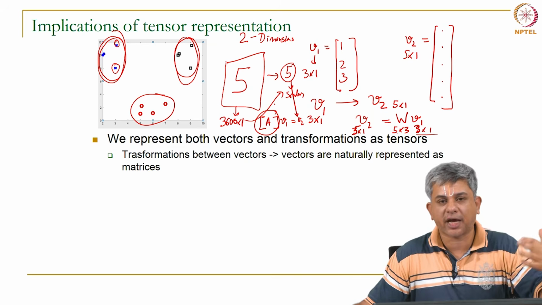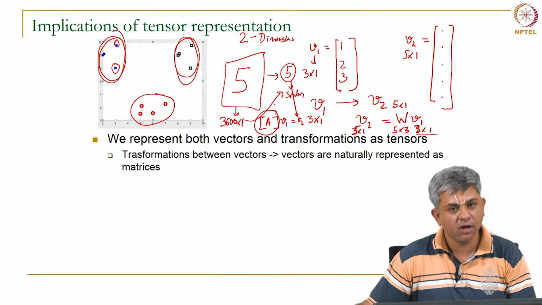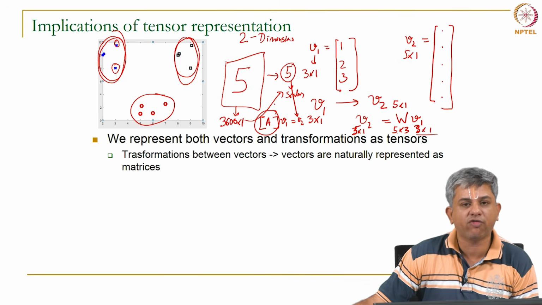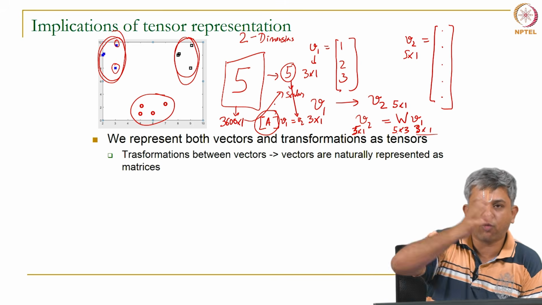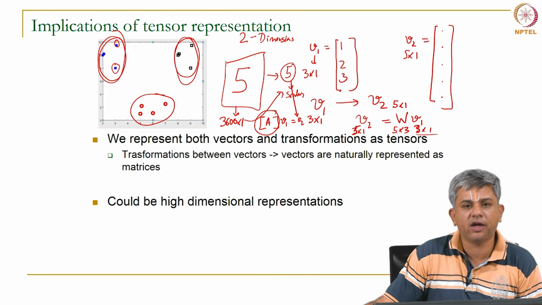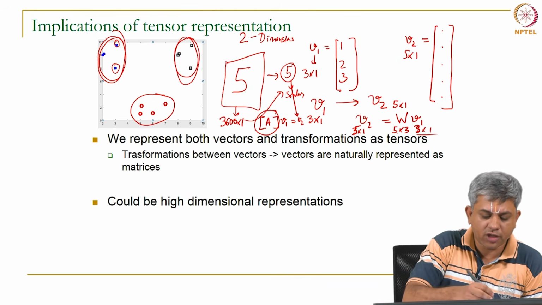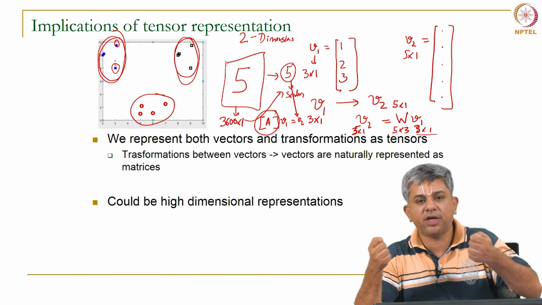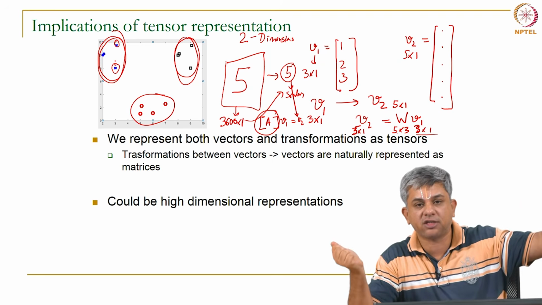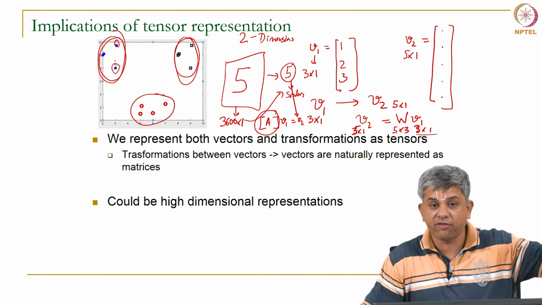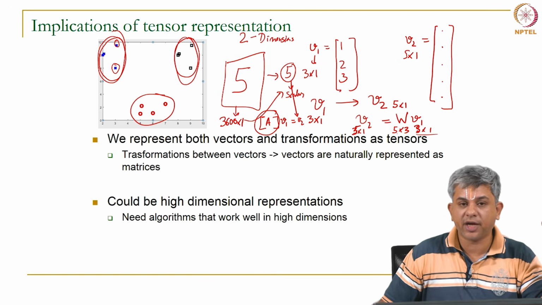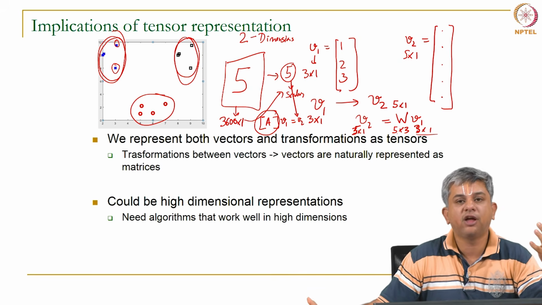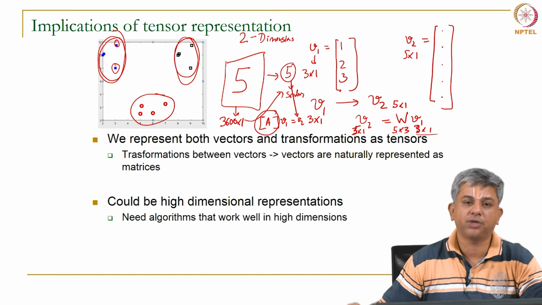Obviously, what we do is actually a little bit more sophisticated than this, it is not as simple, but nonetheless this gives you an idea of what we are going to do with machine learning. It is to try to find out the transformation which is going to turn one vector into another vector. As I have said earlier, all these images, all these dots, all these vectors that we have could be very high dimensional. Even as small an image as 60 cross 60 essentially has to be represented as a 3600 cross 1 vector, which means it is 3600 dimensions. So, the implication is that you will need algorithms that work very well in high dimensions. We will see we need optimization algorithms that work on very high dimensional data.